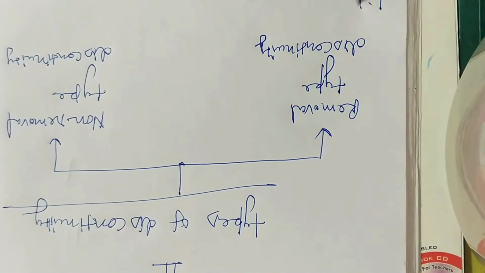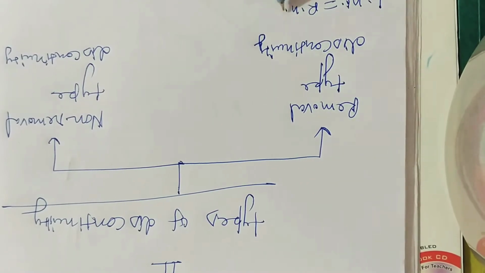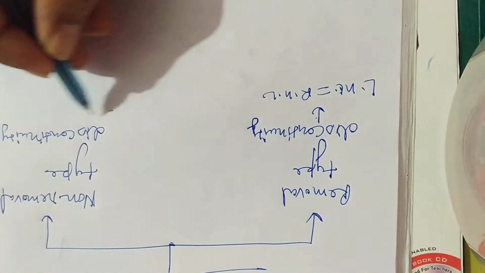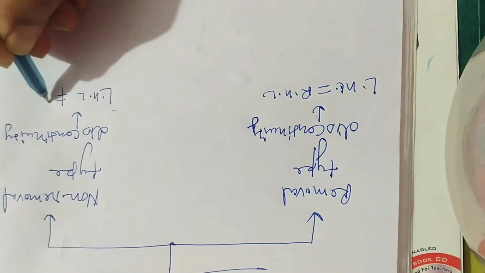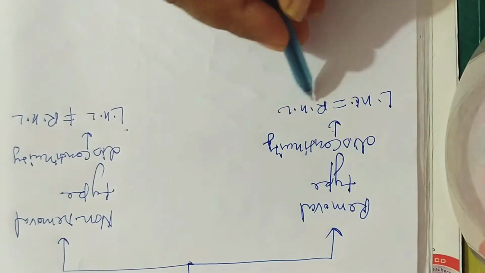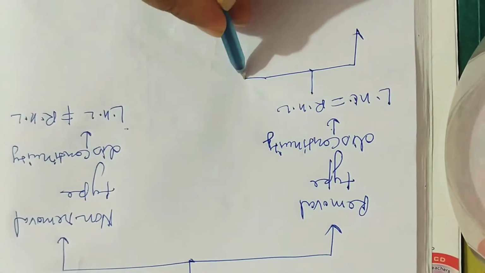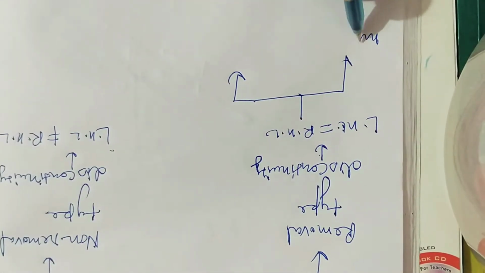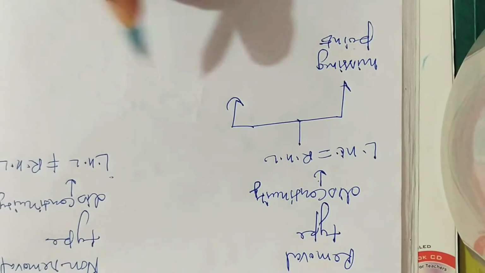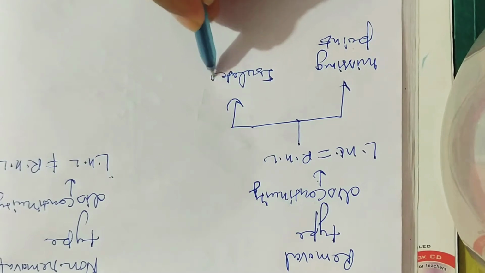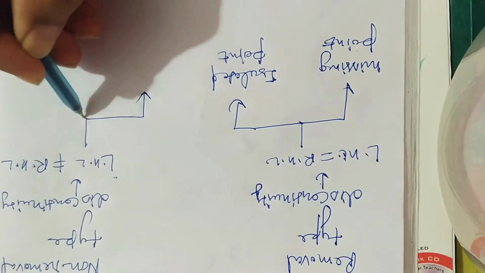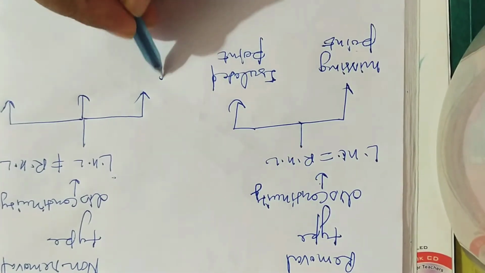In this case, if LHL is equal to RHL, it is called removal type discontinuity. If LHL is not equal to RHL, it is called non-removal discontinuity. Removal type discontinuity is also of two types: missing point discontinuity and isolated point discontinuity. And non-removable discontinuity is also of three types: finite type discontinuity,